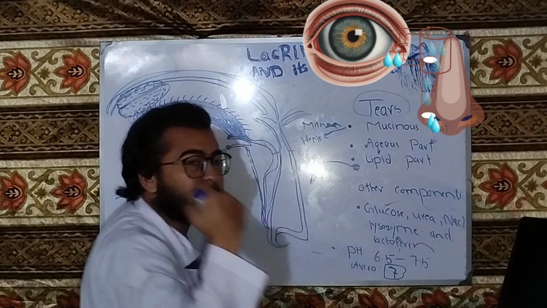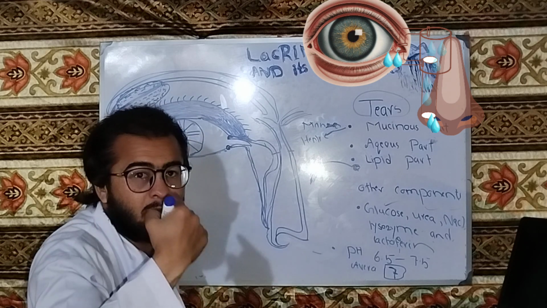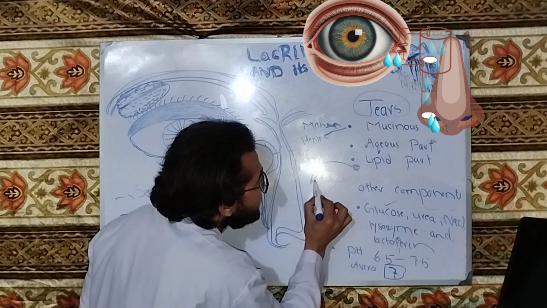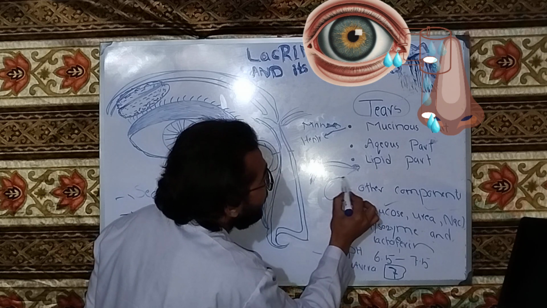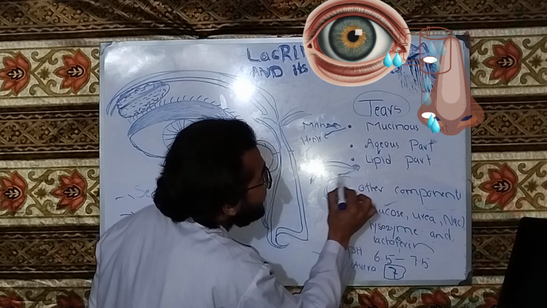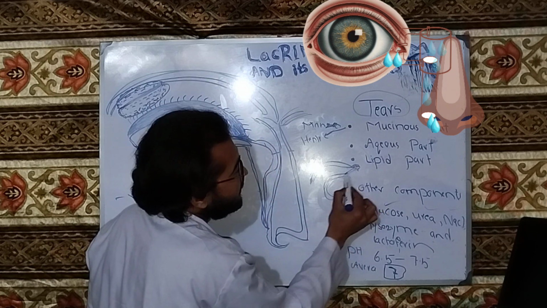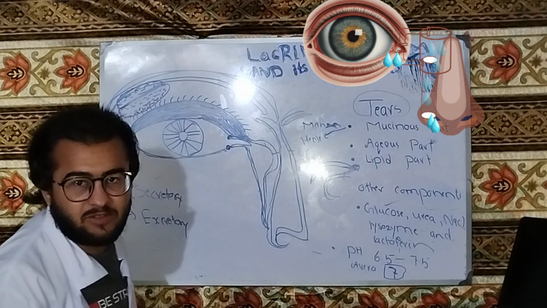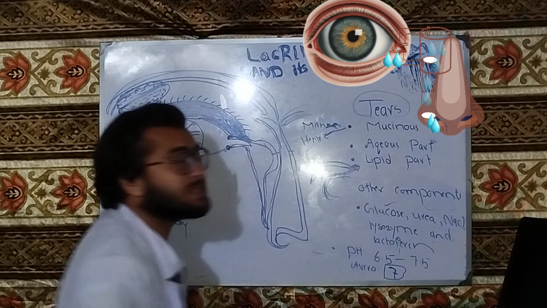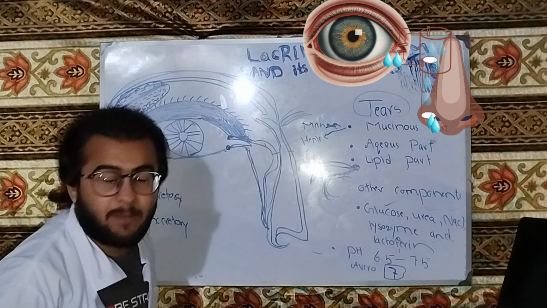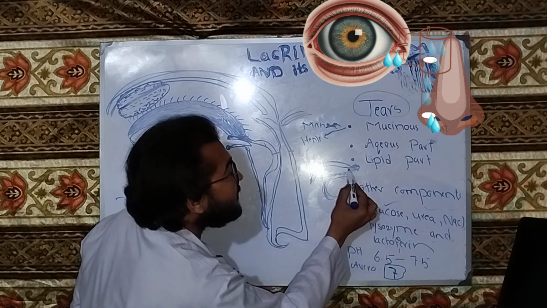The conjunctiva covers the under surface of the lid. This is the palpebral conjunctiva, which reflects over the globe. So this is the globe. This reflection in this region is the fornix conjunctiva, and this over the globe is called the bulbar conjunctiva. So in this fornix conjunctiva,